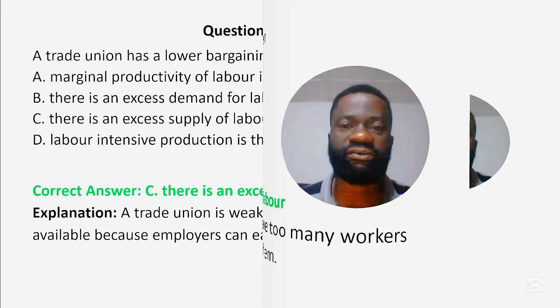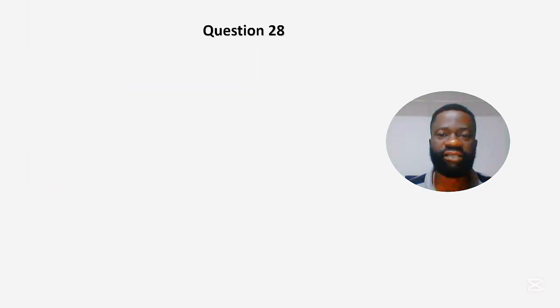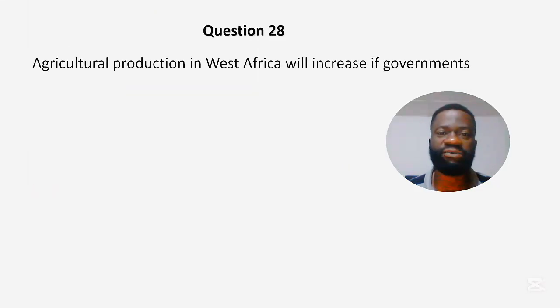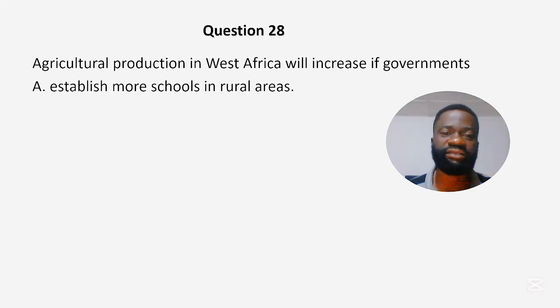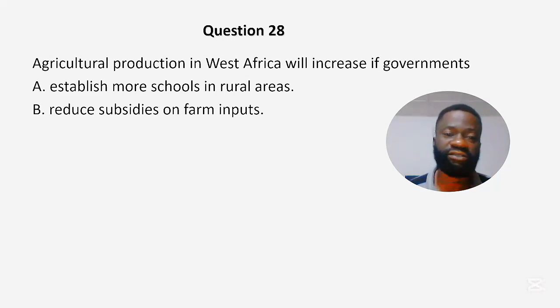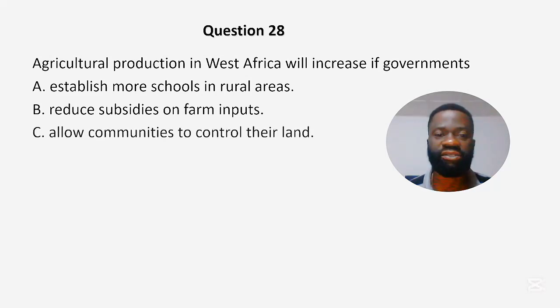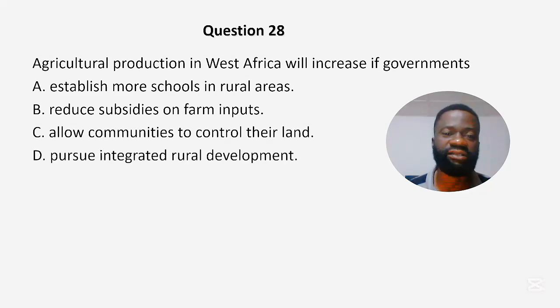Next, question 28. Agricultural production in West Africa will increase if government dash. Option A, establish more schools in rural areas. B, reduce subsidies on farm inputs. C, allow communities to control their land. And D, pursue